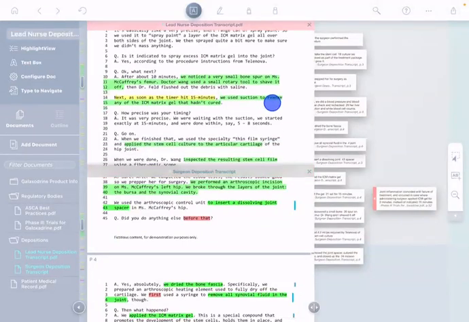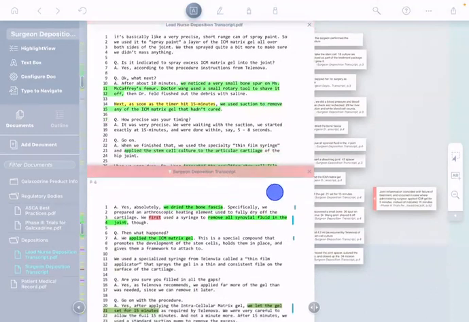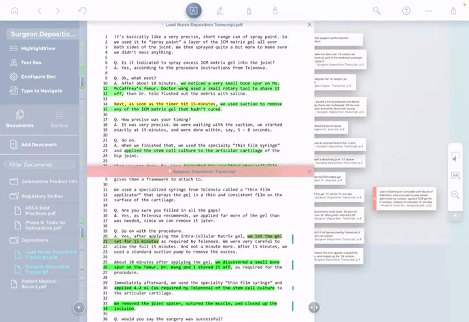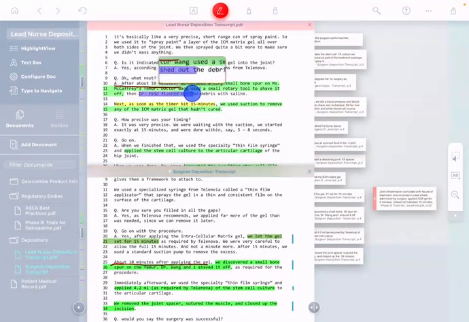All right, so as we look through this, it seems like in general, everything seems to be matching up very properly, very nicely. I don't really see any problems. But I do see something that's kind of interesting. I see that the nurse mentions that after 10 minutes, they shaved the bone spur off the patient. Well, the surgeon mentions that as well. But the nurse mentions something else too. The nurse mentions that after they shaved the bone spur off, they flushed out the joint with saline.